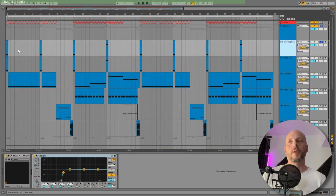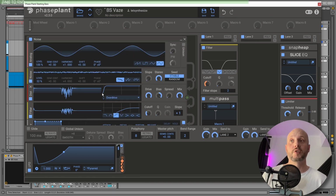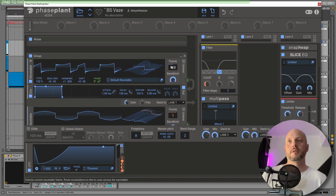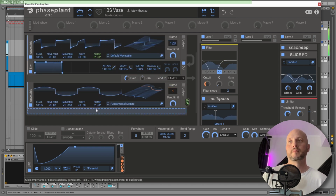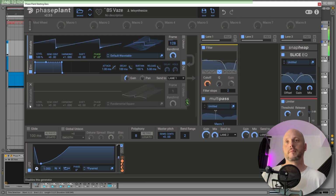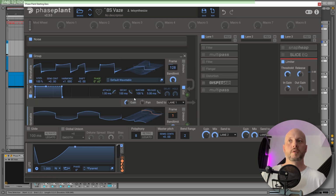Let's talk about one thing, this starting bass sound. It's really simple, by the way. I have this noise layer, compressed, sine, filtered. It's basically just a saw wave, where I use this fundamental square wavetable FM. Without that, it's still good, because the filters and the distortions create the heaviness and the growliness. So without the process,